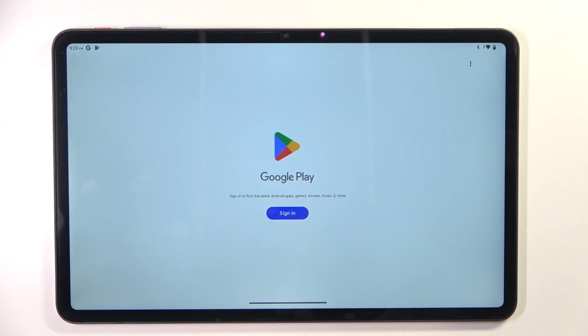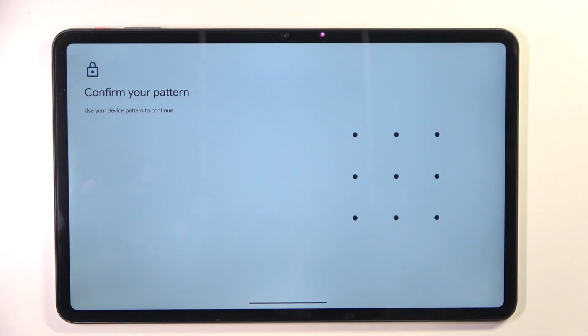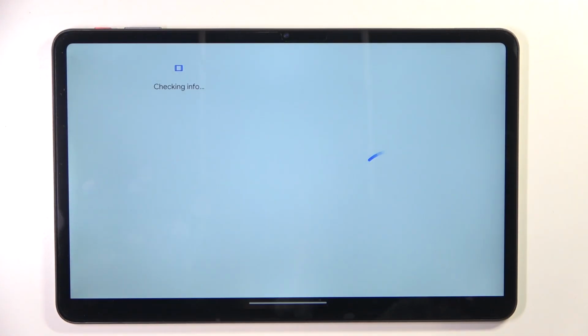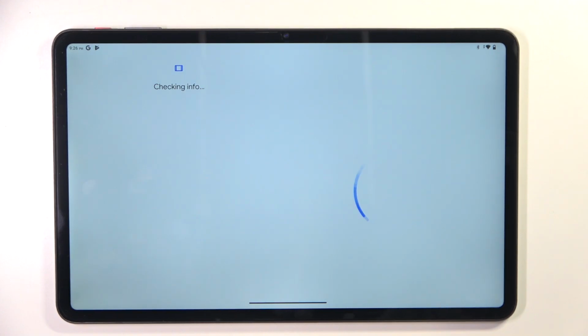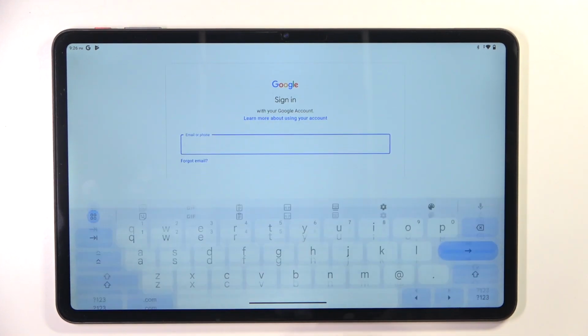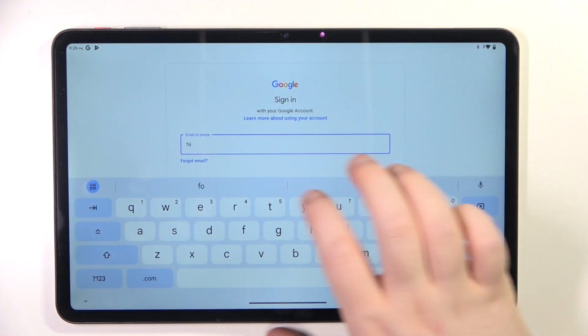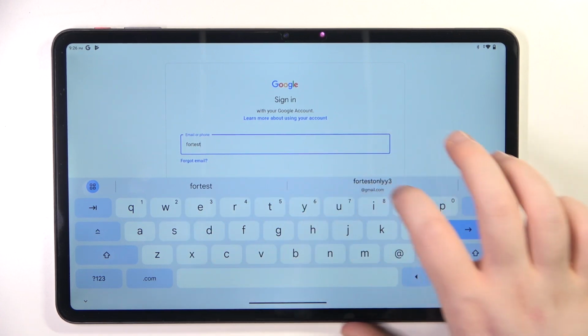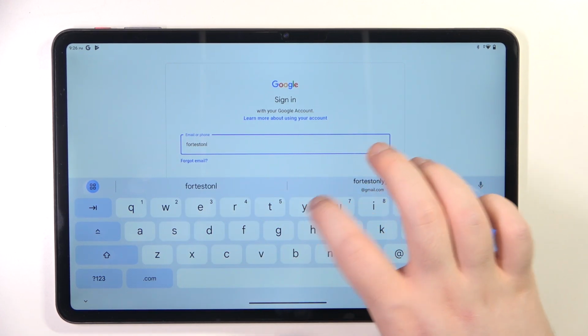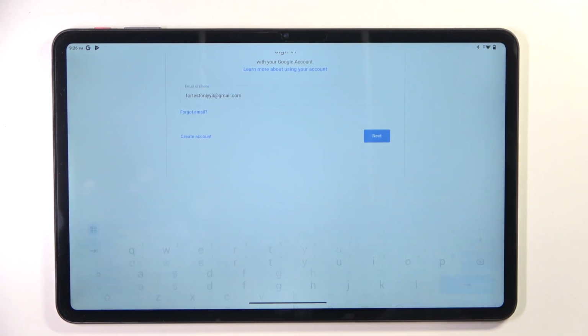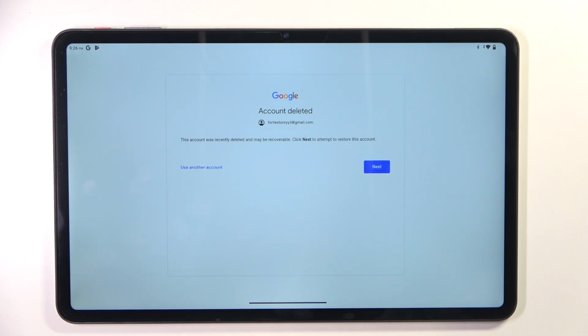Store, and then click Sign In. Now you have to enter your screen lock again. And here you have to enter my email address. And then click Next. And as you can see, my account is deleted, so now let's click Next to recover